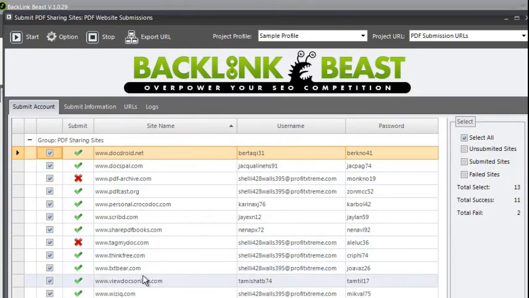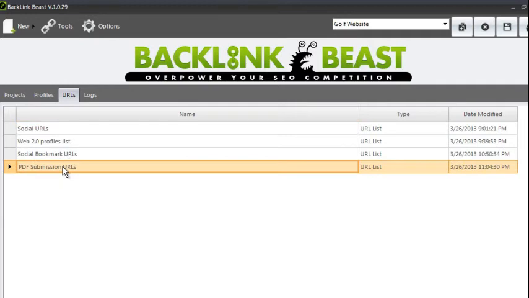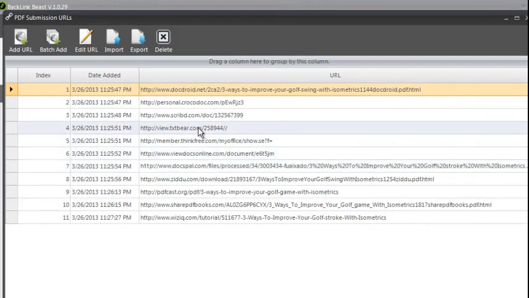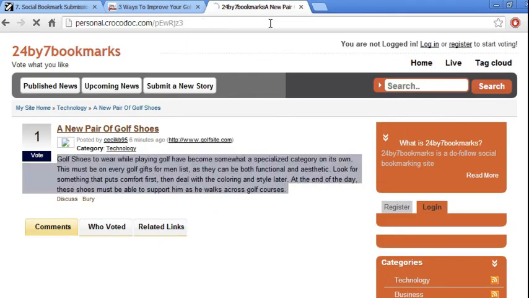So here you can see the finalization of my actual submission for the PDF sites. Here's the sites that it worked on. There's 11 of the 13. 2 of them failed. So if I actually close this out, I go back to my URL list. You can see the PDF submission URLs. So let's just grab this one, copy it. Then I can go here and show you the